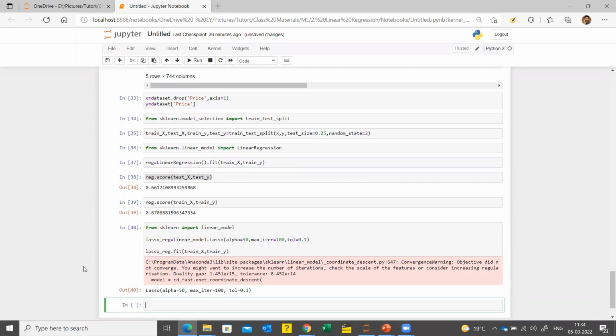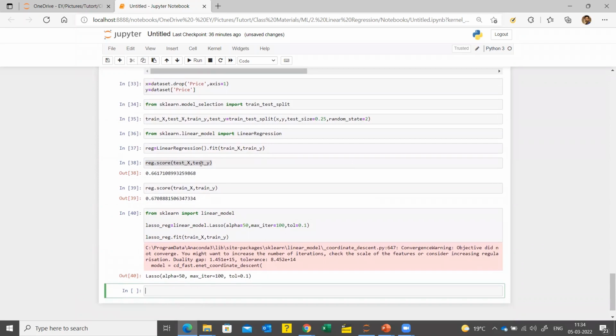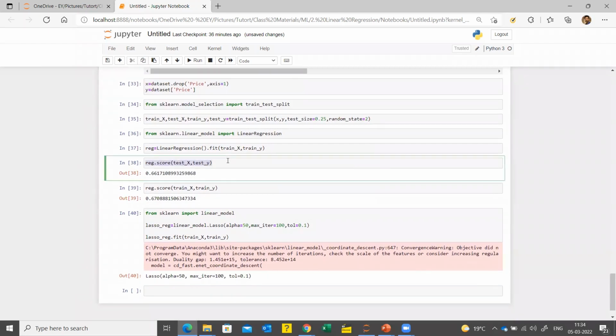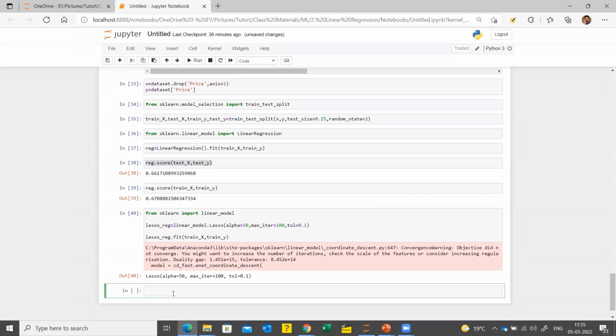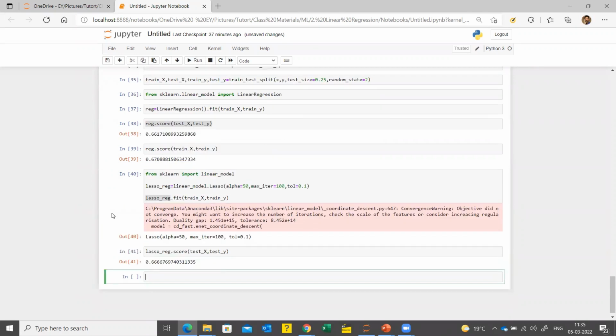We have used alpha 50, max iteration 100, and tolerance 0.1. We'll just find the score. So instead of regression, I will use the lasso regression. Right, so nothing has changed much. It has hardly changed from 0.661 to 0.666,